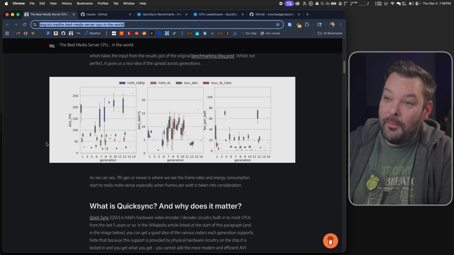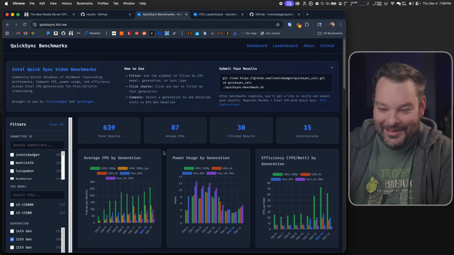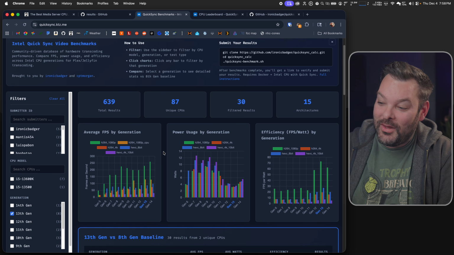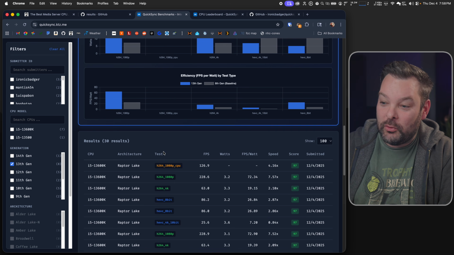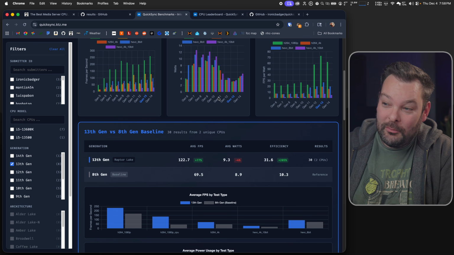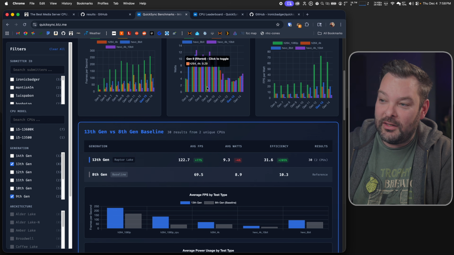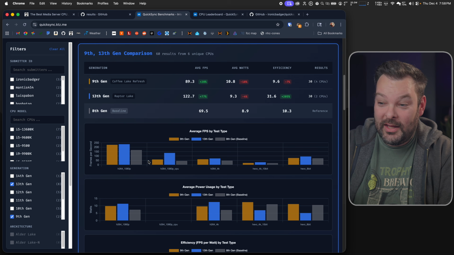So the best media server CPU depends. It depends on you. Now let's have a little look through the rest of the website. There isn't much more to it other than looking at the raw results. You can select more than one chip if you'd like. So if you want to see 9th versus 13th versus 8th, for example, you can see that all laid out